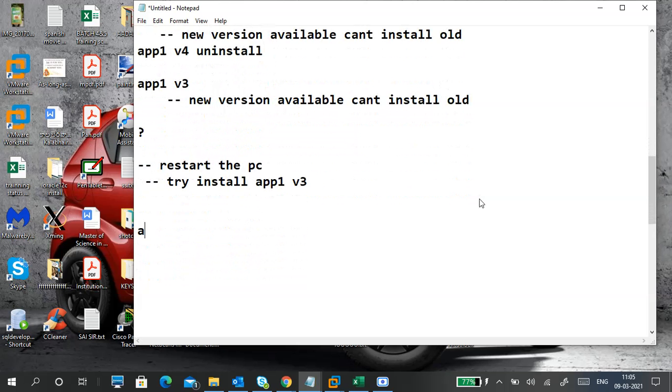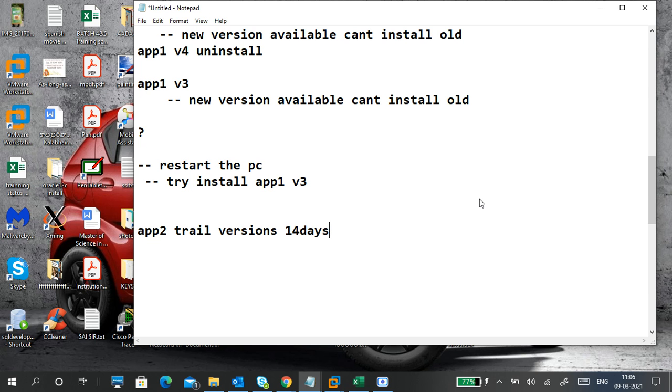Next, some applications come with trial versions. You can try a 14 day free trial version. Earlier days, what were people doing? They took the trial version, and at that time we didn't have any fake keys and that kind of stuff.